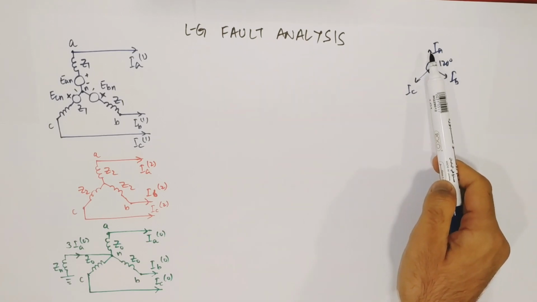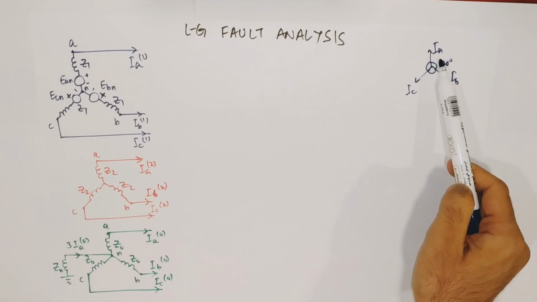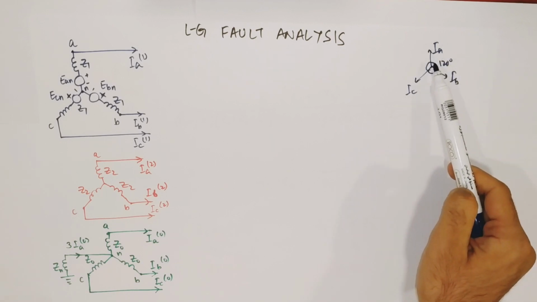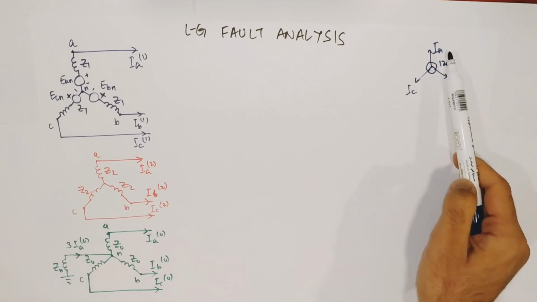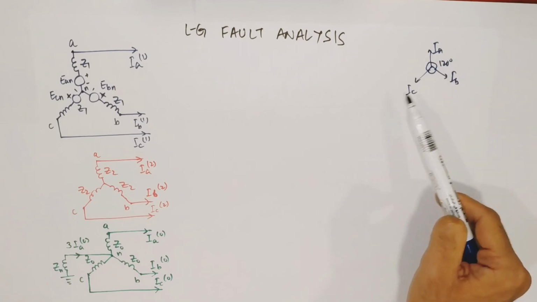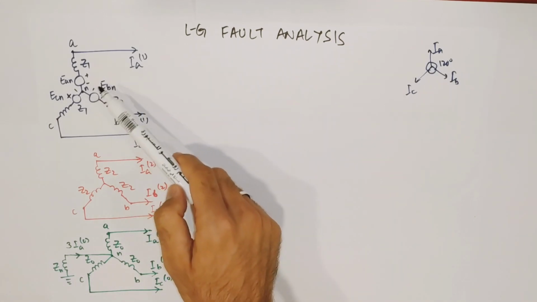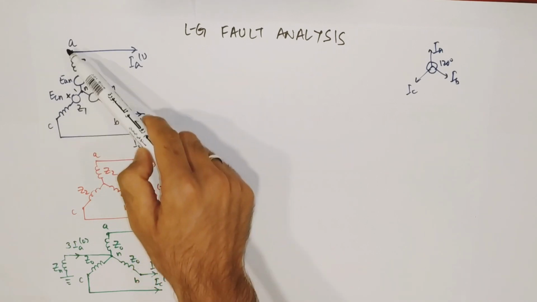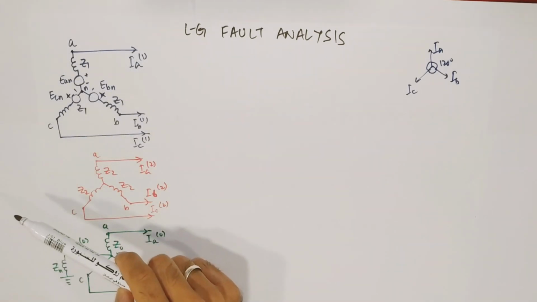We converted that three-phase circuit into a single phase, as we know that in case of symmetrical, if we solve for only one phase, we'll get the current values for the other phases too. Like we solved for IA, we got the value of IB magnitude and IC magnitude and multiplied with the angle. Here also we'll do the same, as we have broken into positive sequence which is completely symmetrical. So we'll solve for IA only.